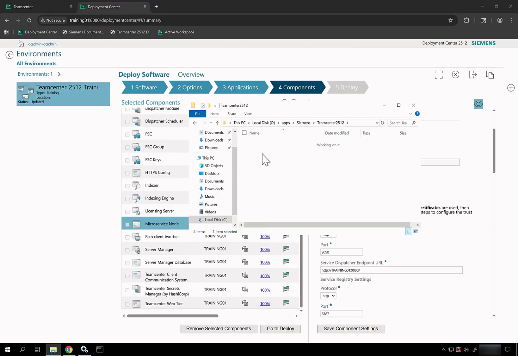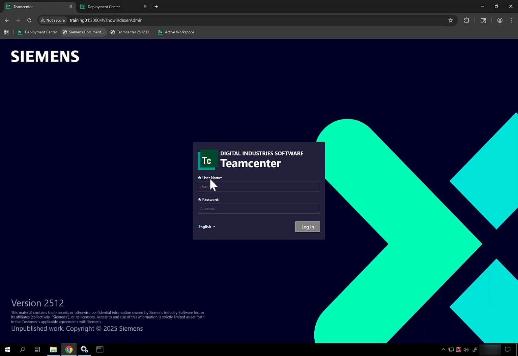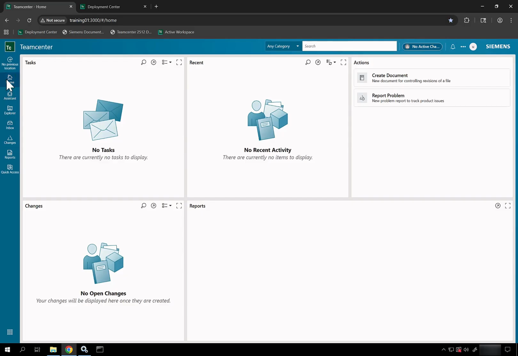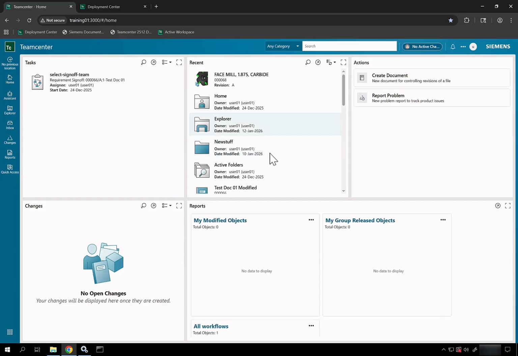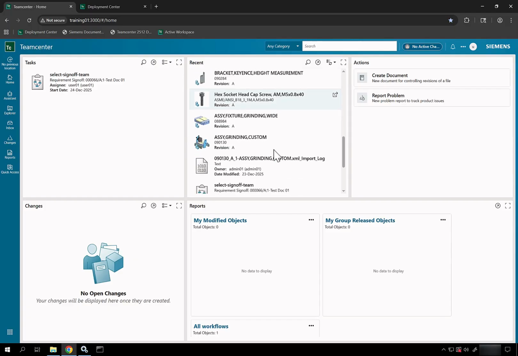So if you go into TC root, you'll notice that I do not have a visualization folder at the moment. So I don't have any visualization servers or folders. And if I log in as user 01, I'll demonstrate that visualization is working on this server. We'll go into one of my components that I have in the system. I'll just scroll through here. We'll grab this bigger assembly,